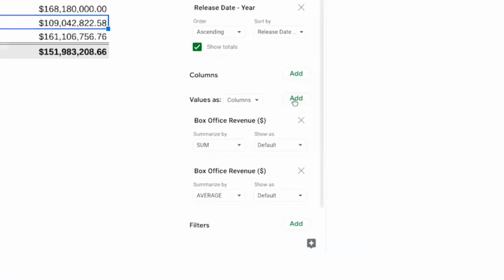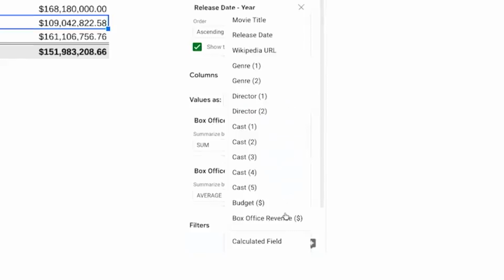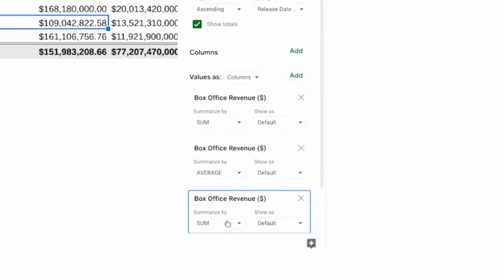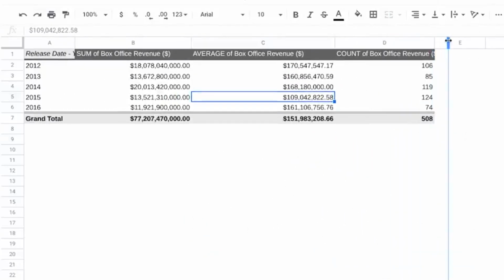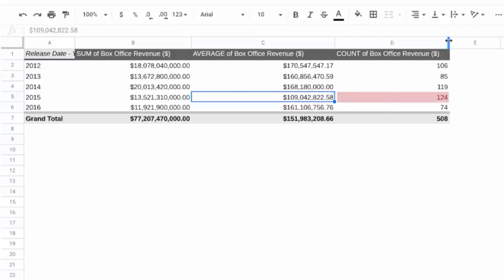First, we'll note how many movies from each year were included in the dataset. We'll add a new value and use the count function this time. This shows us that there are more movies in the dataset from 2015 than from any other year. But 2015 still has the second lowest total box office revenue. This could mean a few things. It's likely that a lot of the movies from 2015 just didn't earn much revenue compared to the other years, which would bring down the overall average revenue, even if the total revenue remained on par with the other years.